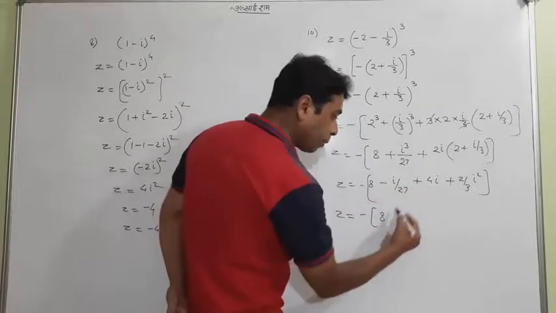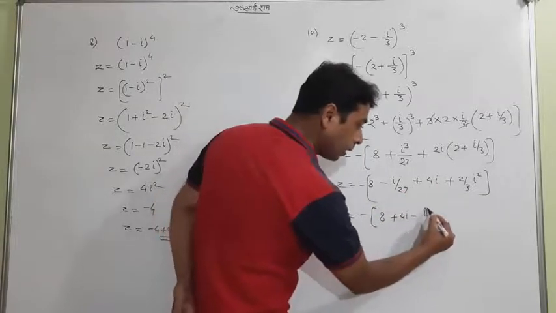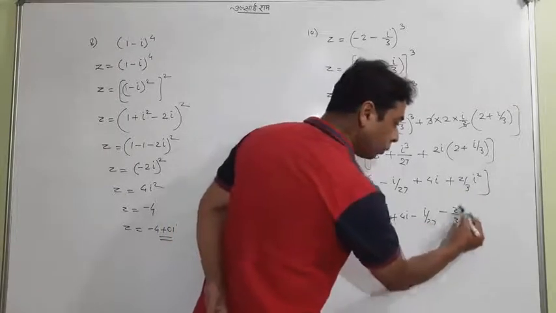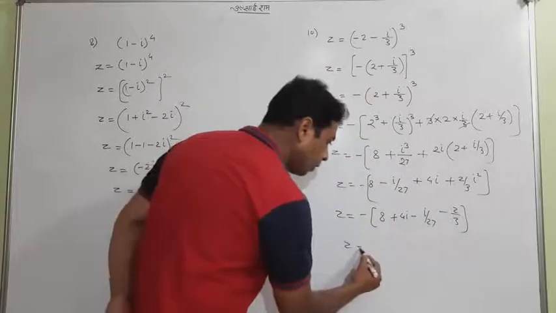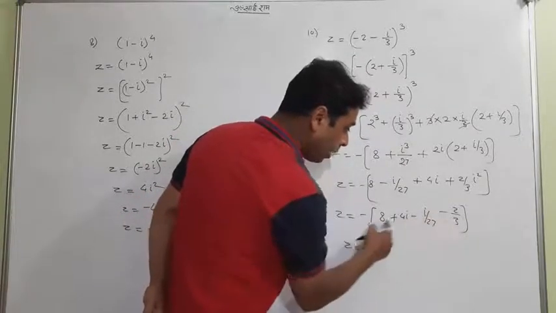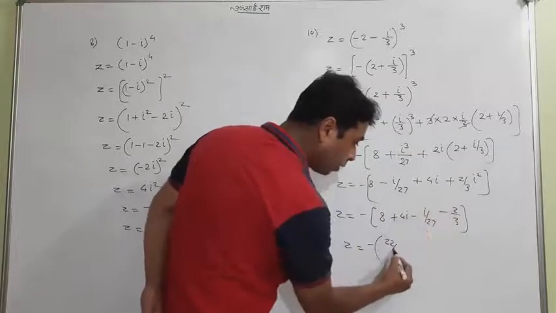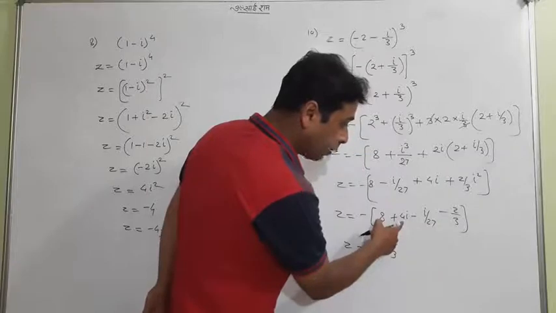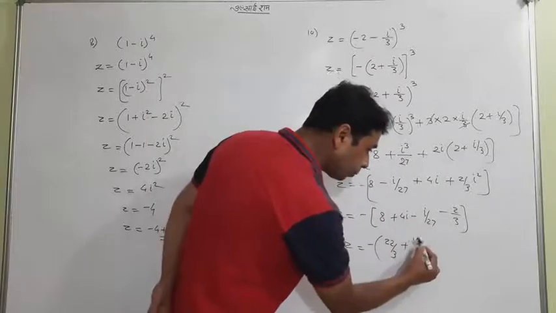These two will be, first I am writing 4i minus i by 27, and this is minus 1, so only 2 by 3 will be there. Afterward, this will be 8 minus 2 by 3, 8 is 24, 22 by 3, taking LCM there. And what about LCM here? 27 4 of 108 and 107.